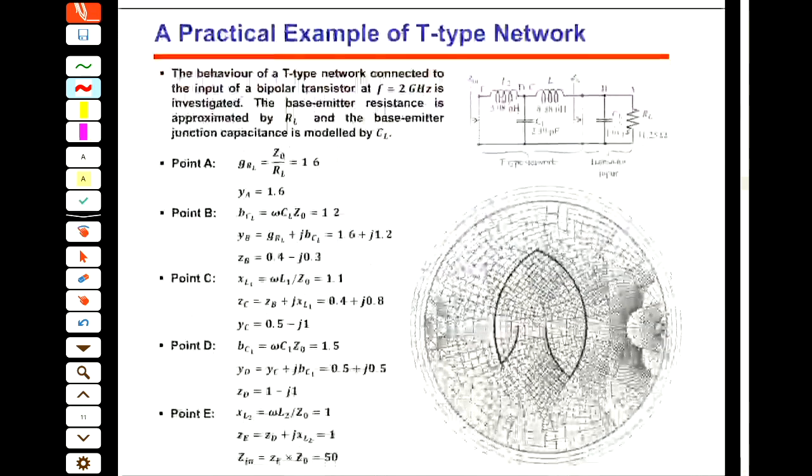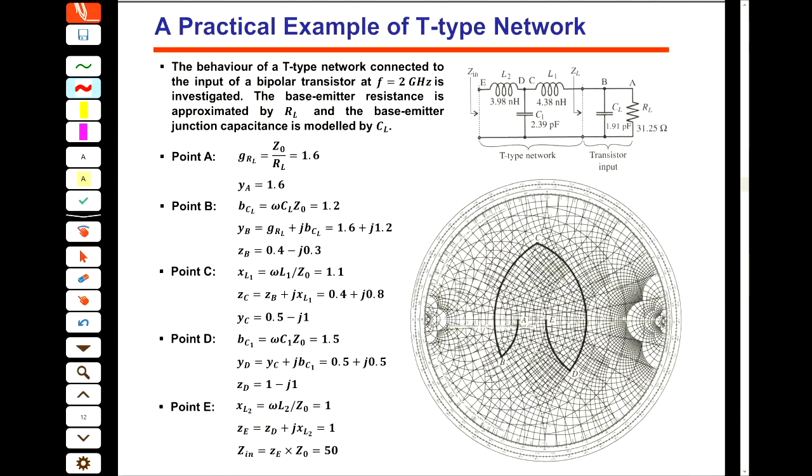We have one example here, and I would like you to solve it because it's very important to understand. When we have a load, we see from lecture 1 that the input impedance of a transistor can be modeled by an R and C. You remember that a BJT transistor has an R pi and C pi at the input.